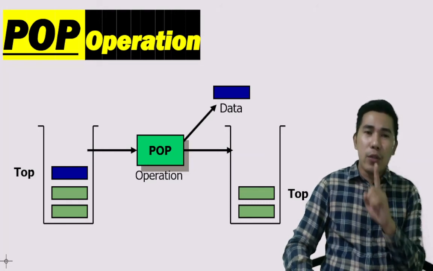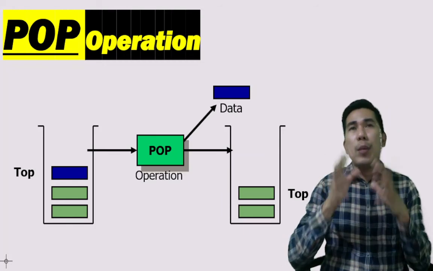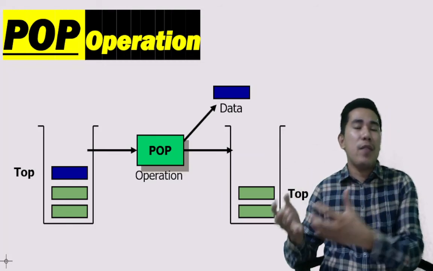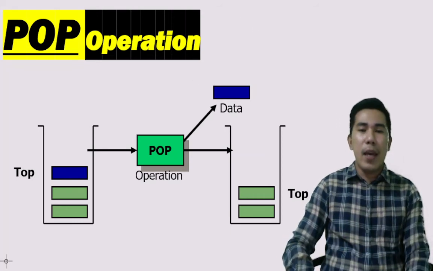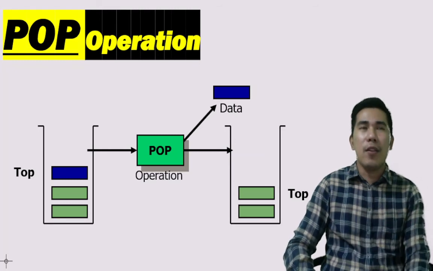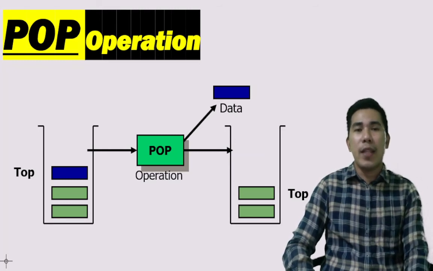And when you pop, or remove data or an element from the stack, it's going to decrease the value of the top, because that's the nature of it. If you keep on removing elements from your stack, once it reaches an empty stack, it will cause an error,